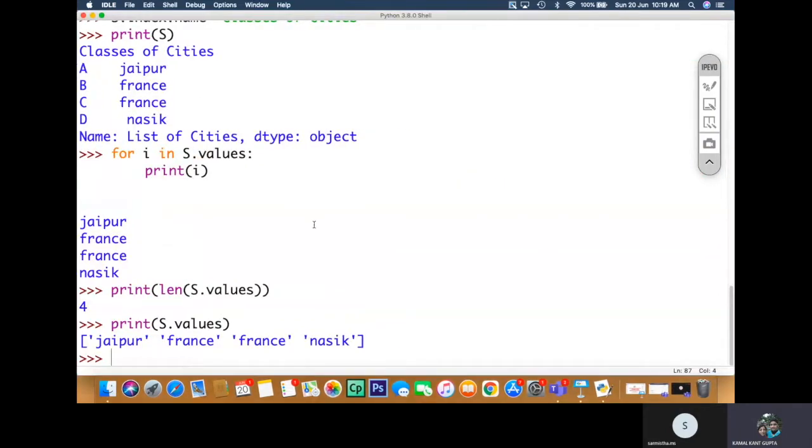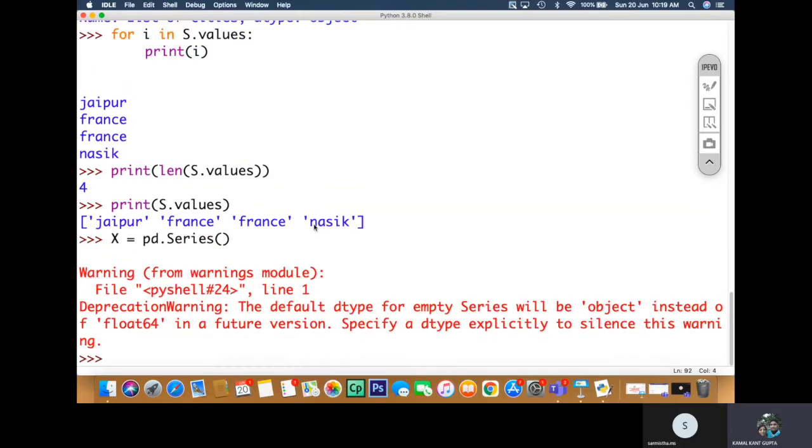So what I have to do is simply create two series. x is equal to pd.Series, and here I am not passing anything. It is giving some error, not an error actually, it is a warning. I think you might not have seen this before.